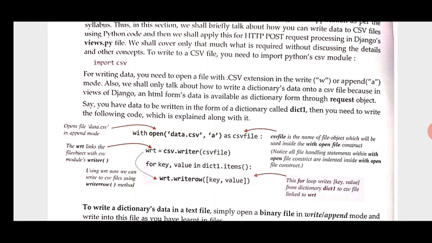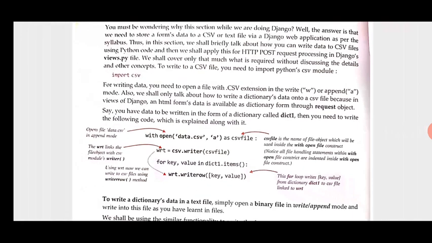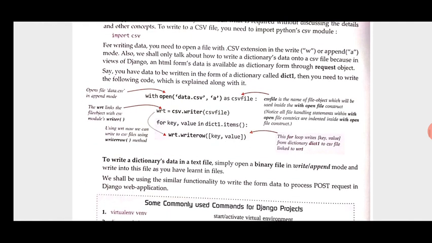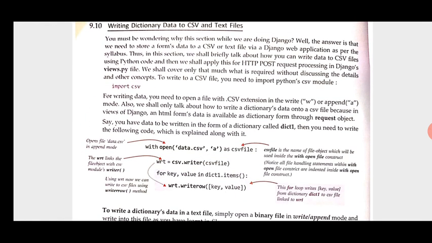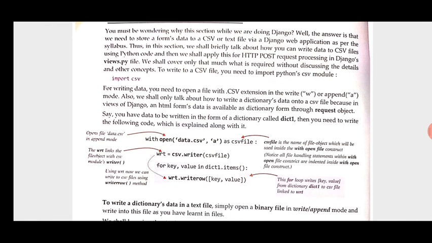So here in this file, data is a pre-existing file, and we are using the CSV format to open it. This much only is discussed in the syllabus, that is, how to open a file and what the CSV format is. Apart from that, nothing is important from your examination point of view. So you just need to know this.